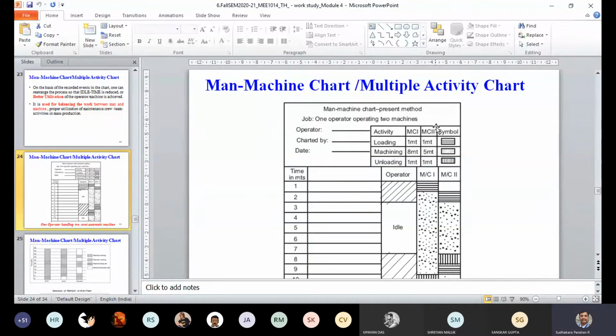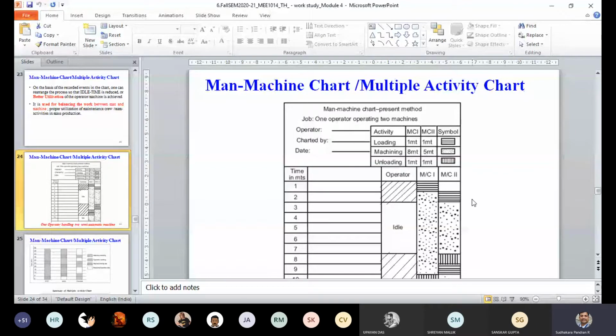machines, that's what is given. But we can take some operation, for example, a thread cutting operation. An operator is doing thread cutting on two lathes, say two lathes of different sizes. The first lathe can have a different size of thread. Similarly, lathe machine 2 can have a different size of thread in a small rod. Okay, so the general chart looks like this.